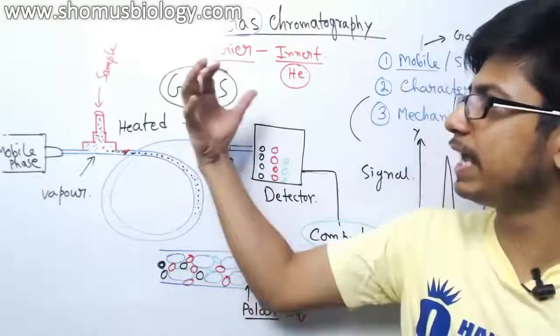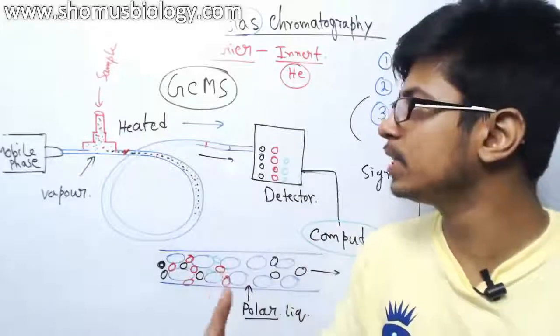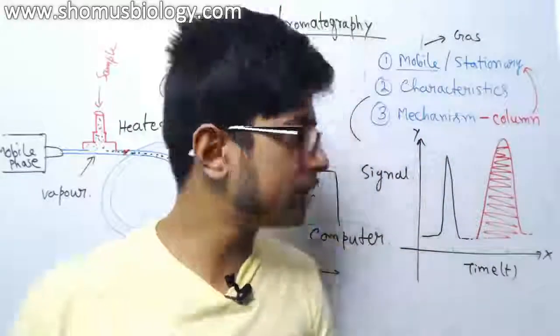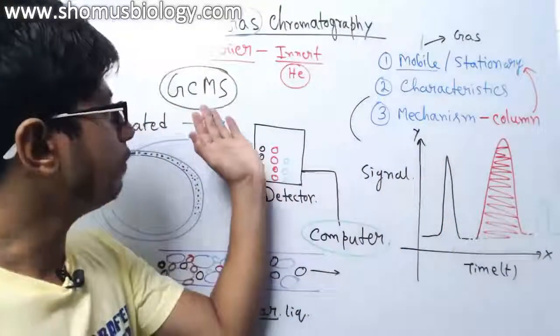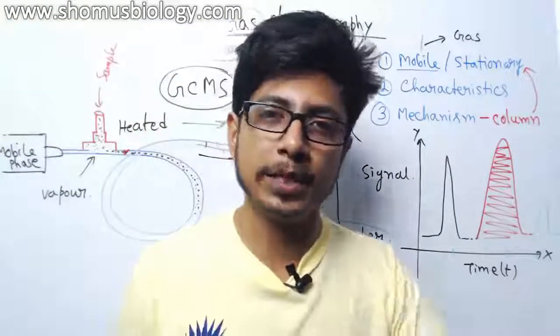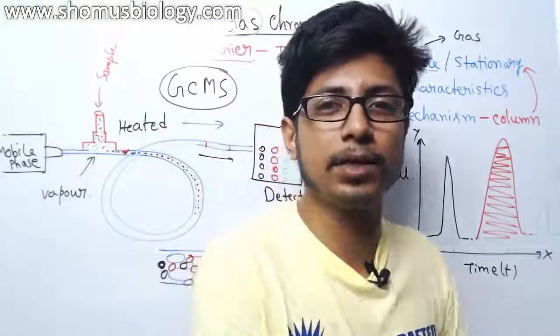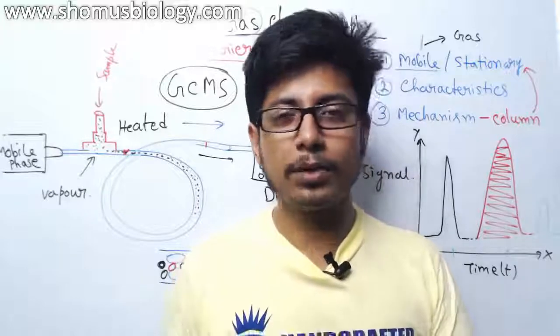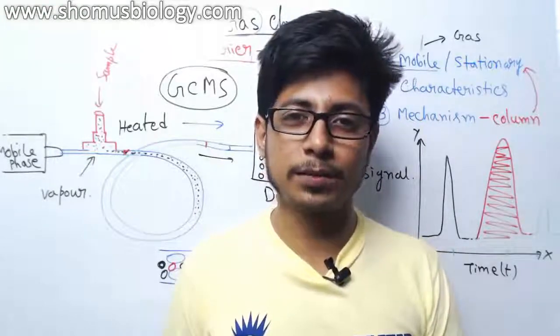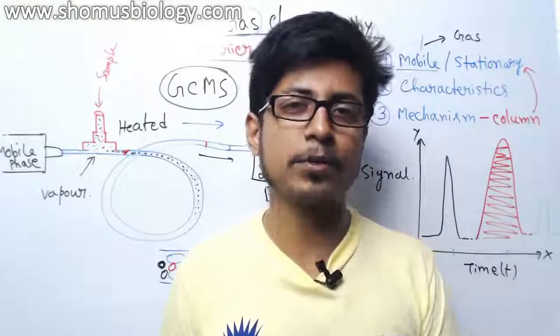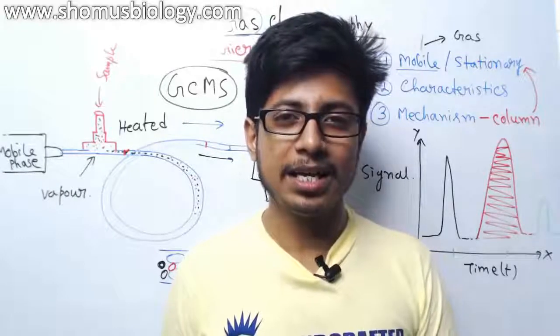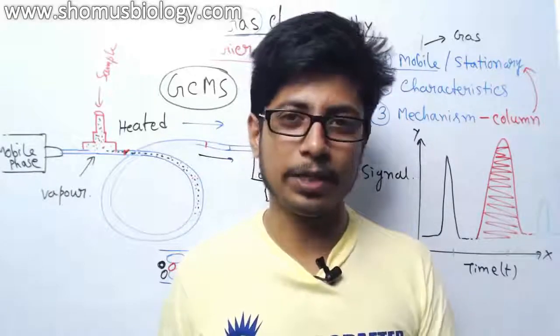That's a very added advantage that we have now in modern times. Earlier we simply relied on the graph, but now mass spectrometry is another technique which will help us to identify exact chemical structures. If you want to know about mass spectrometry, you can watch the complete video series about mass spectrometry that is present on my channel. You can just search that name, or I'll put that link in the